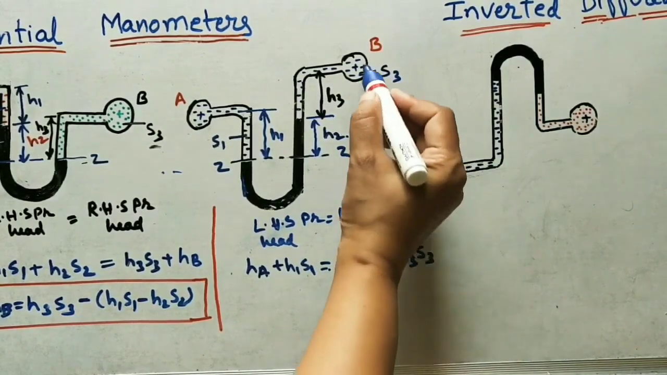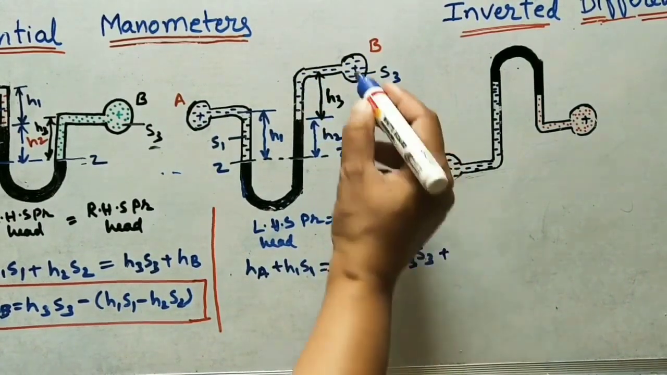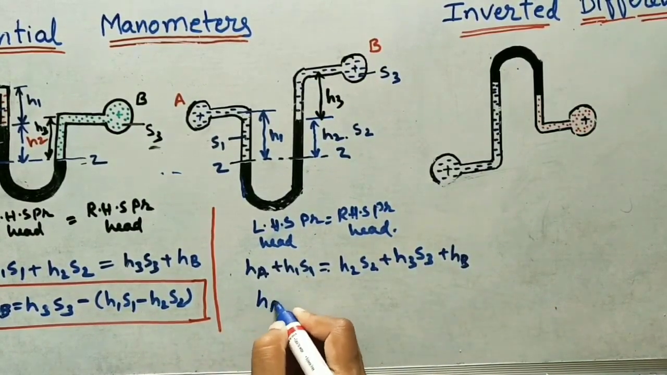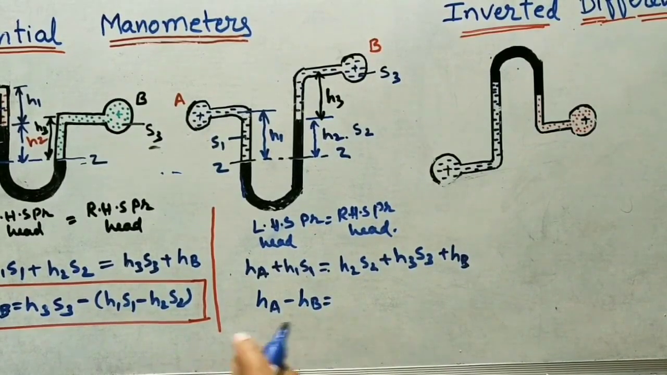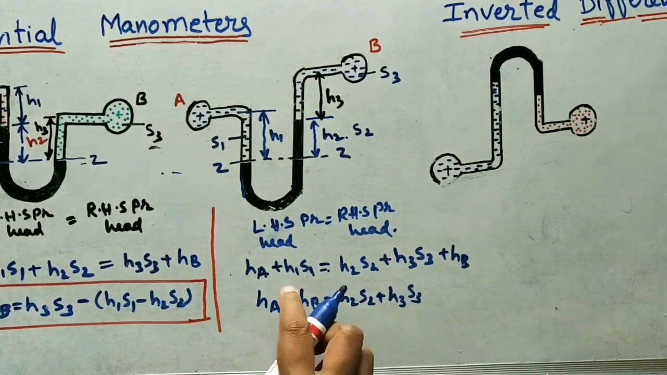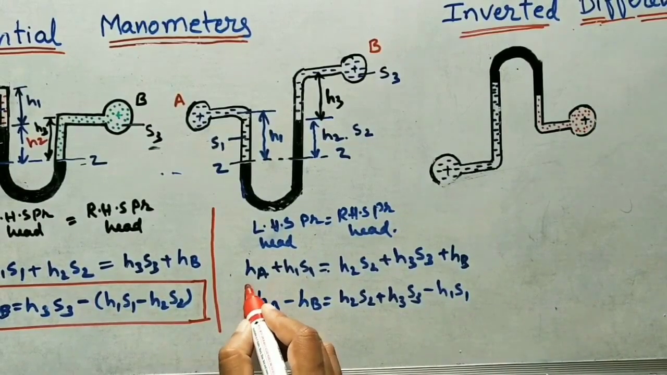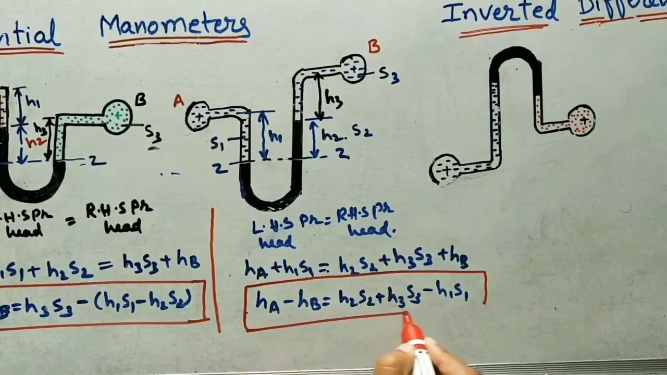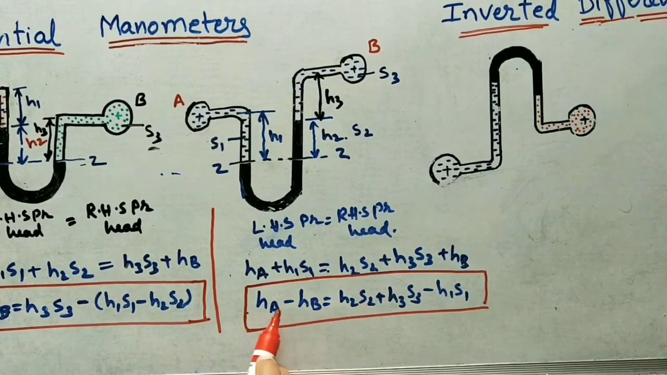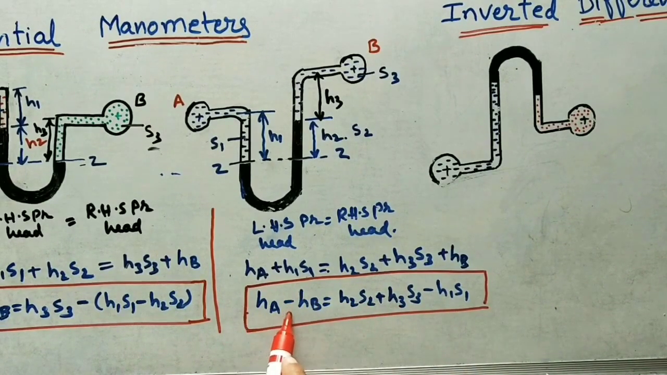Why we are taking plus means these heights are below the bulb, or below the center of the pipe. Plus what is the pressure head at point B? HB. Our main aim is to find HA minus HB. Write down HA minus HB is equal to this term as it is, H2 S2 plus H3 S3 minus H1 S1. This is the pressure head difference between A and B bulb. Always remember this pressure head will come in terms of meters of water or centimeters of water. If all heights are in centimeters, we will get centimeters of water. The answer is